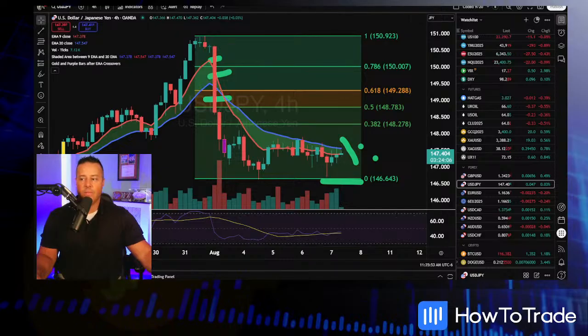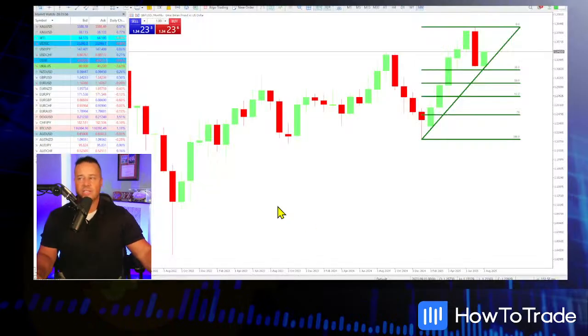Let's see. We had a couple other markets we want to hit. Let's get on over here to our switch markets. Great Britain Pound USD. Now, this was one of those trades that we really liked. We really, really liked it. And the reason why was the Fibonacci's were easy. You had a nice spike low down here. You had a nice spike high right there. Monthly time frame.